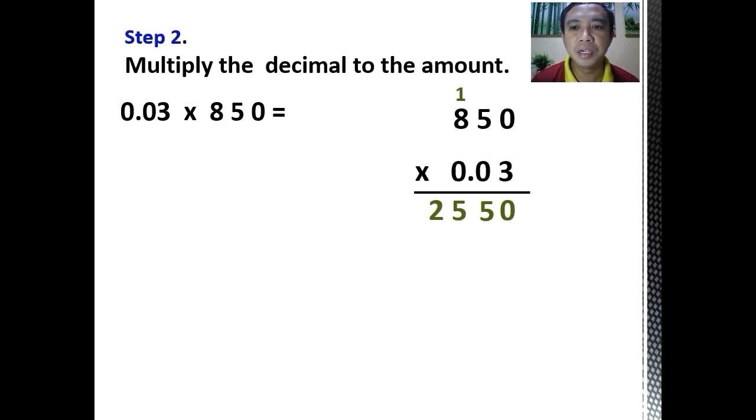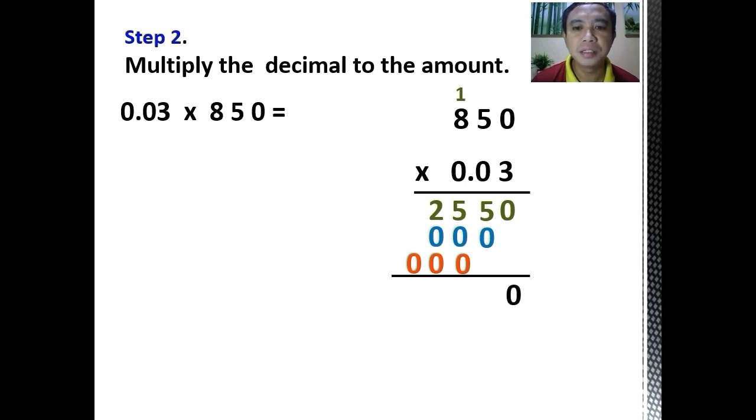We move to the next number, going to the left. 0 times 0, you have 0. 0 times 5, you have 0. 0 times 8, still you have 0. Next, we proceed to the last number, going to the left. 0 times 0, we have 0. 0 times 5, we have 0. 0 times 8, we have 0. After that,